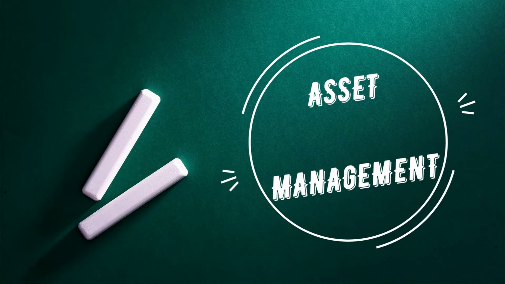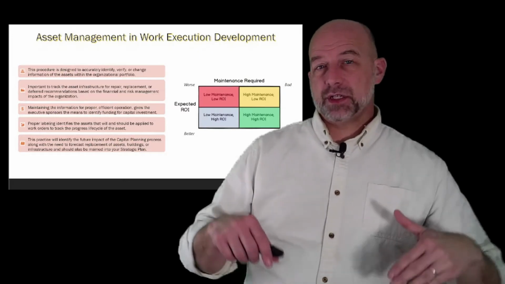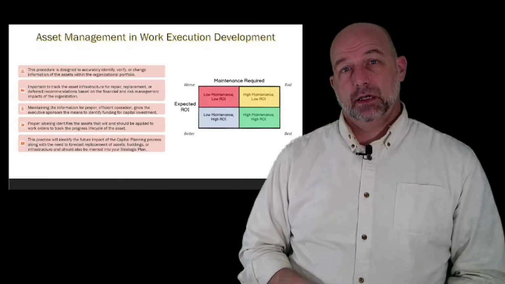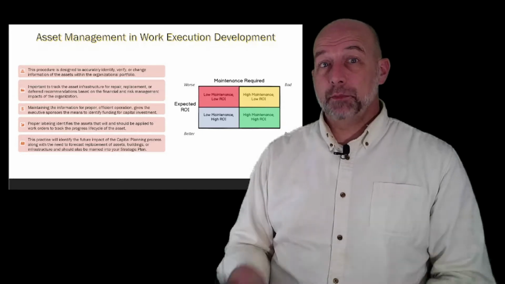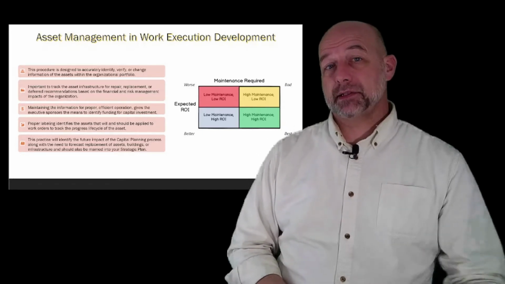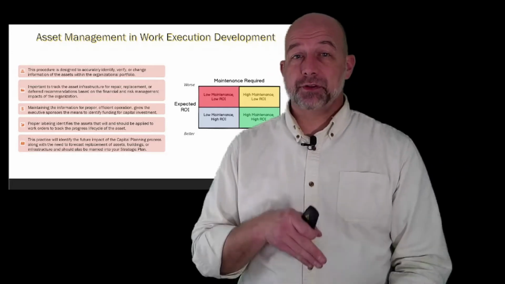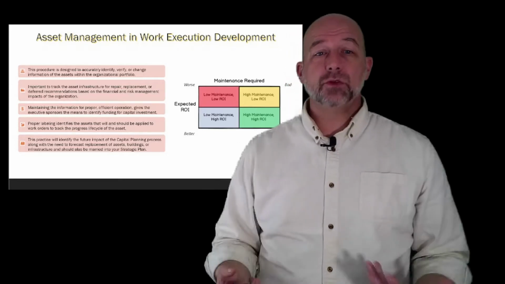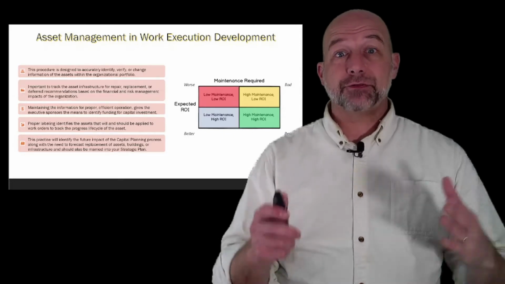Now, let's talk about asset management and work execution. Asset management in work execution is a very pivotal part in this because you have to know what you're working on. Your assets need to stay up and have reliability with them so that you can perform against the service level agreements that you had, and so that you can strive to the mission and vision statements that your executive level has provided. How you do this is going to create your procedures that are designated around identifying and verifying